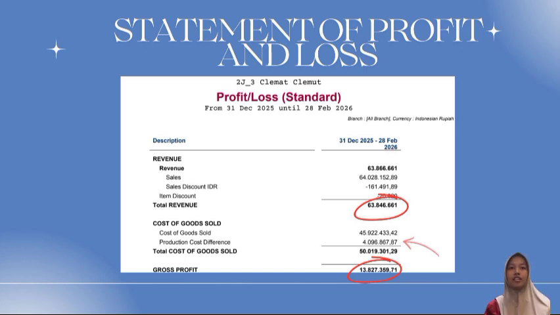On top of that, this difference also arose because from batch 1 through batch 6, we had not yet created WIP accounts in Accurate. It means the production costs were not flowing correctly through the work in progress accounts in those early batches. Once we identified this issue, we immediately added WIP accounts starting from batch 7 onwards until the end of the period. From that point on, the production cost flow was running correctly through the proper accounts.